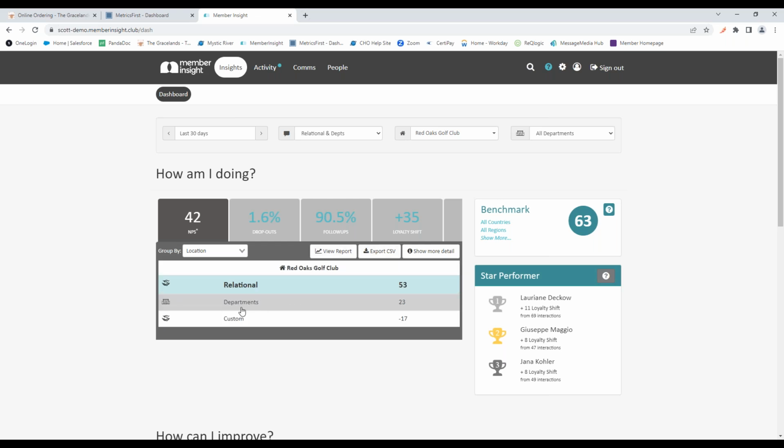Departments, these are going to be ones that are based off your POS system. So if you have a POS transaction and you want to set up for a survey to go out after POS transactions, we can set that up. And we can limit them so everyone's not getting hit with surveys every transaction. We can make it specific where they have to spend a certain amount of money to receive a survey. We can also set it up where they only receive a survey once a month or whatever specific timeline that you would like.